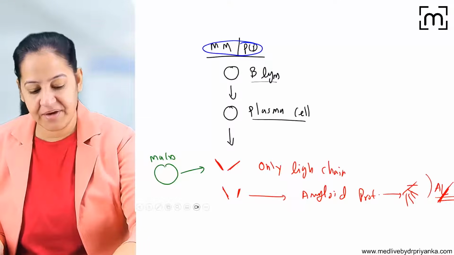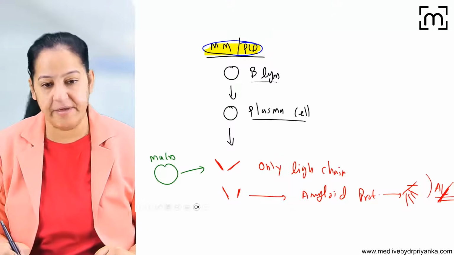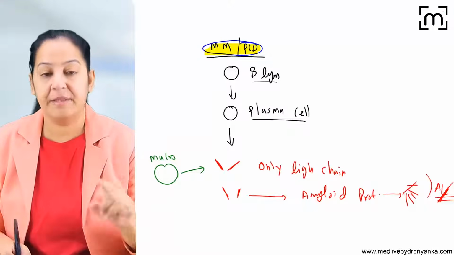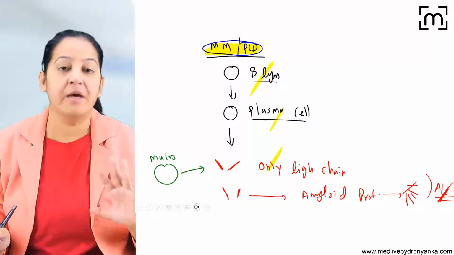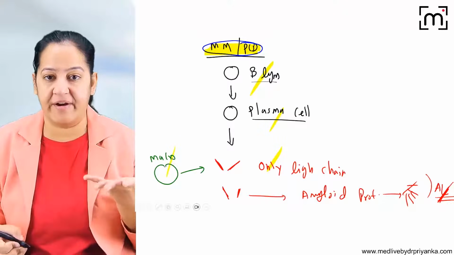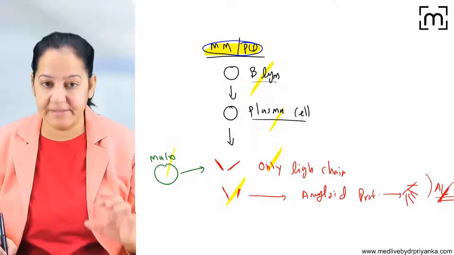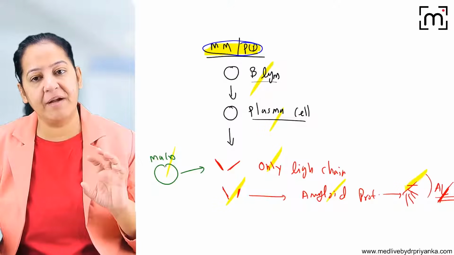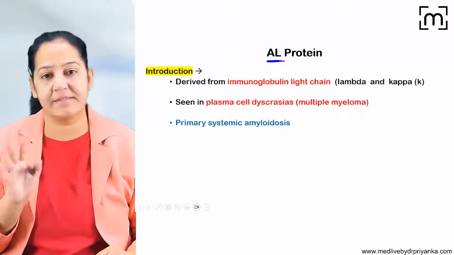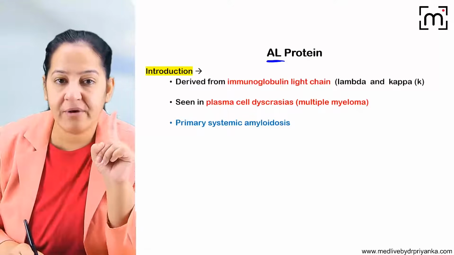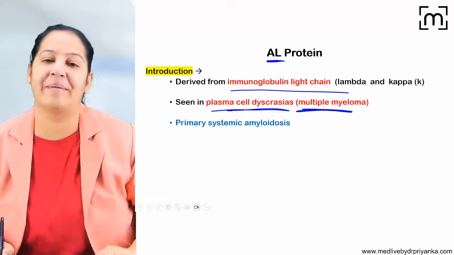So what is the trigger here? The trigger is multiple myeloma or plasma cell dyscrasia. In this trigger, the B lymphocytes are mutated, so plasma cells are mutated. So they form only light chain, no heavy chain. So it is an abnormal protein. So the macrophage will try to degrade it, and partially degraded light chains are formed. This is the amyloid, and it will deposit in multiple organs of the human body, producing a disease known as AL type of amyloidosis. This is the pathogenesis. The trigger is plasma cell dyscrasia or multiple myeloma, and here the immunoglobulin light chain is actually forming the amyloid.